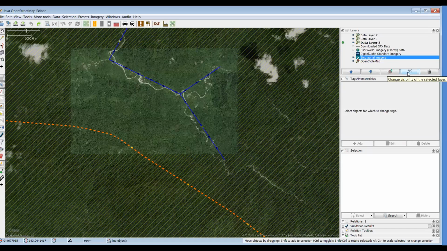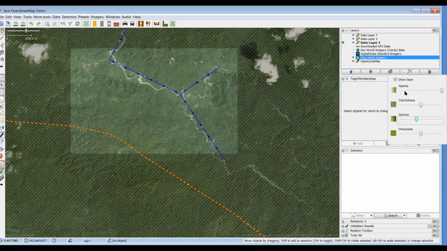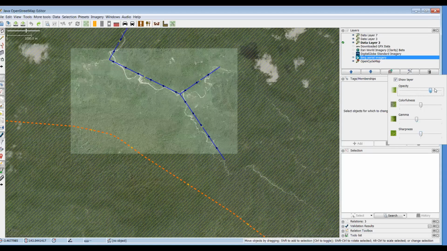And with this icon here, you have a couple of additional controls for imagery layers. Sharpness and colorfulness is maybe not what you would need every day, but with gamma, you can control the brightness if that needs adjustment. But what I think is pretty useful, and I'll come back to that shortly, is the opacity layer. This layer enables you to see through another layer to a certain extent. And that will be pretty useful when we talk about imagery alignment, which will basically be the main topic of this